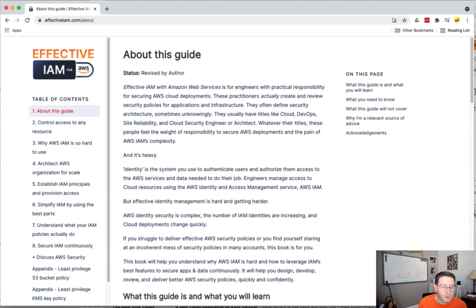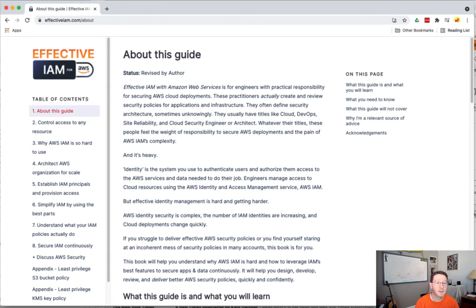Effective IAM with Amazon Web Services is for engineers with practical responsibility for securing AWS cloud deployments. These practitioners actually create and review security policies for applications and infrastructure. They often define security architecture, sometimes unknowingly. They usually have titles like Cloud, DevOps, Site Reliability, and Cloud Security Engineer or Architect. Whatever their titles, these people feel the weight of responsibility to secure AWS deployments and the pain of AWS IAM's